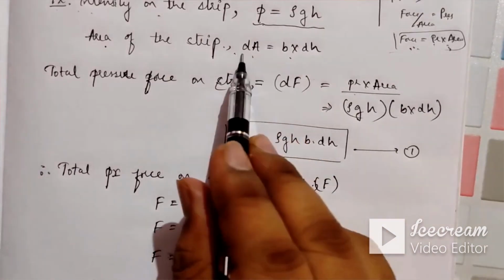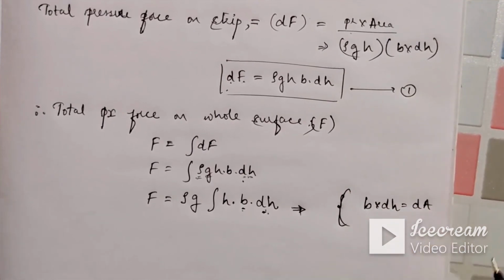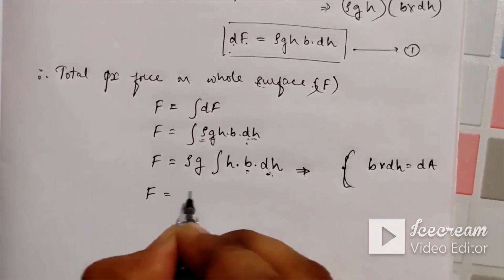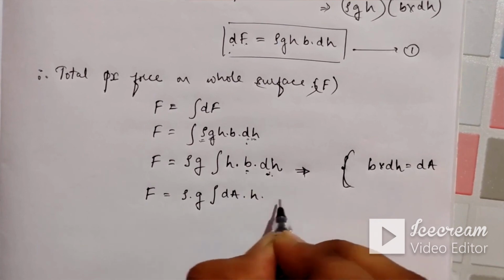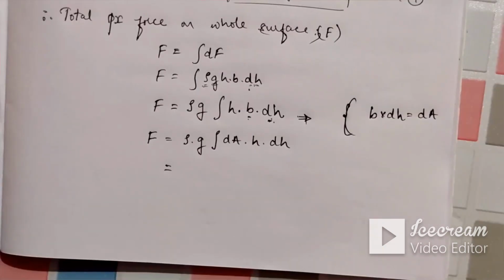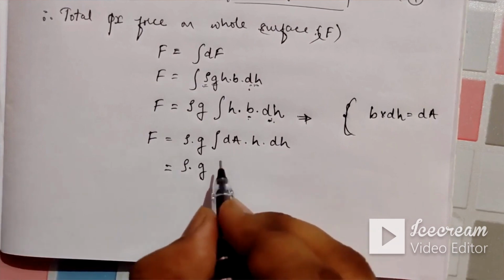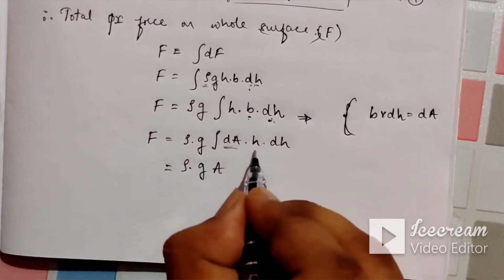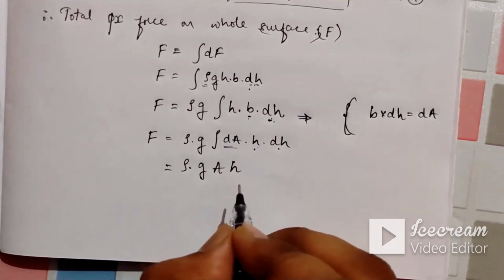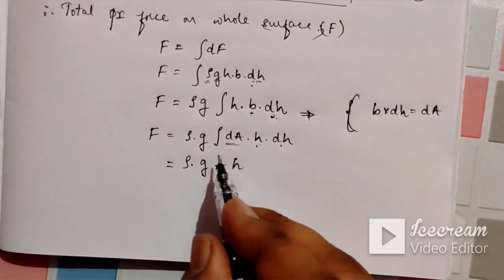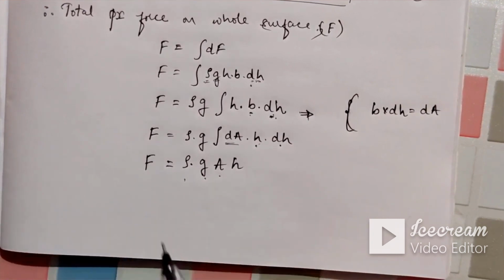This b into dh is nothing but the area of the strip, dA. So the total force is equal to rho into g into the integration of h dA. Now the integration of the small area dA will be A, and h is retained. The integration and differentiation cancel, so I will get rho g A h. What is that? Force is